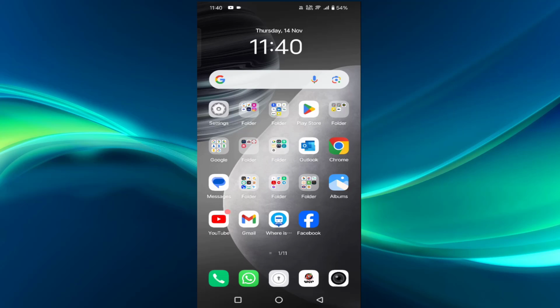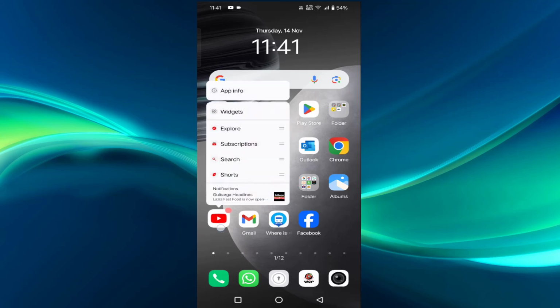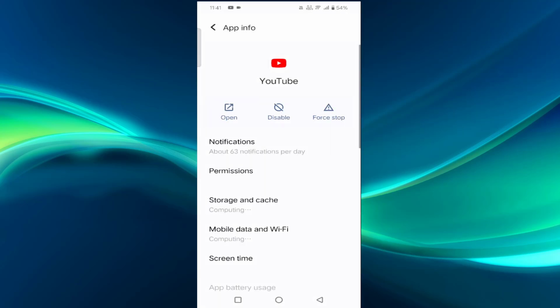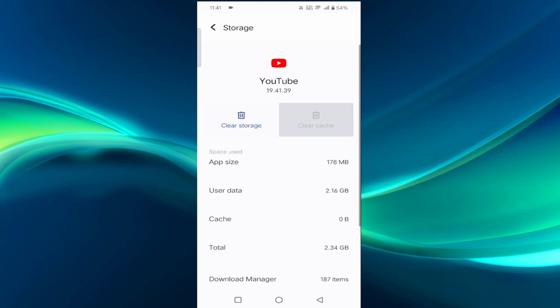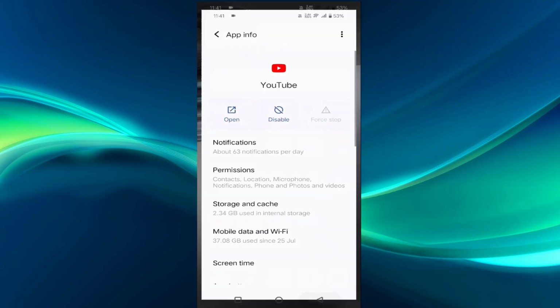Still if you are facing the issue, then just long press on your YouTube app, then click on app info. Once tap on force stop, tap on OK, tap on storage and cache, just tap on clear cache, then go back,